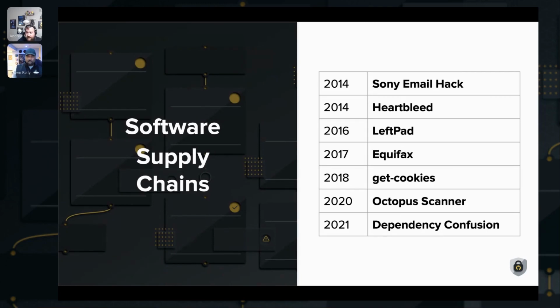And the reason I actually chose that Sony email hack one on here too is it's interesting because if you look back at the after action of the event, it was a targeted attack on that company for potentially explicit reasons, I think it was the movie The Interview.